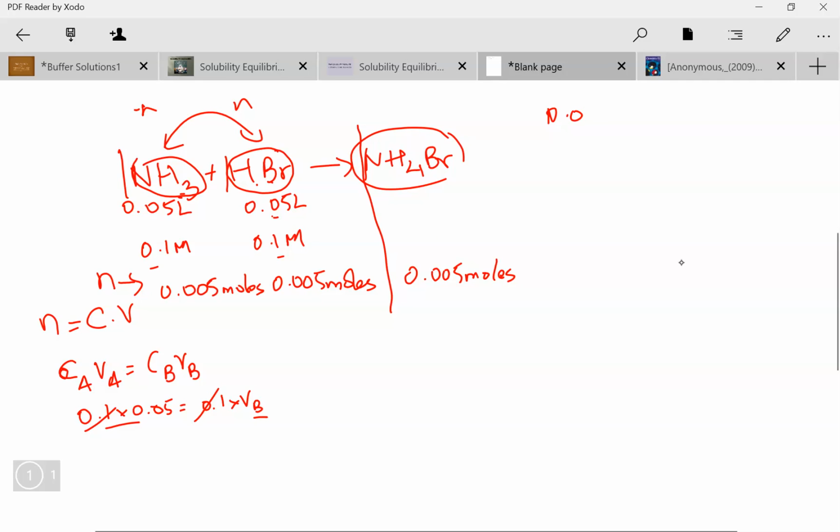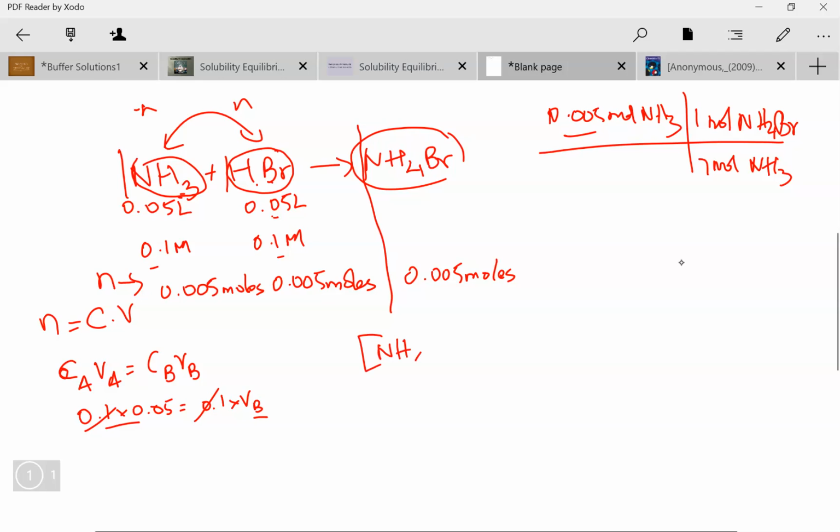So 0.005 moles NH3, for example, then chart 1 mole NH4Br, 1 mole NH3, and that's just 0.005 moles NH4Br. Right, and now to set up our ICE table, we need the concentration of NH4Br, which is going to be number of moles divided by volume, which is 0.005 moles,